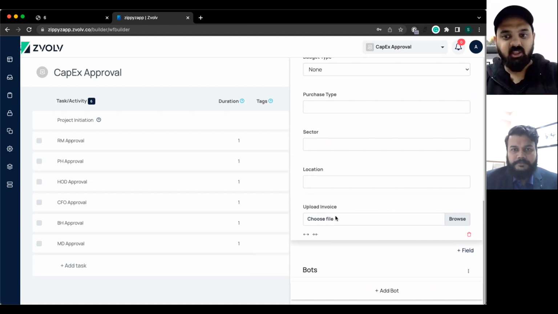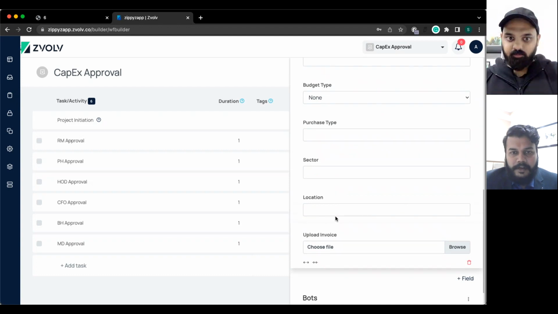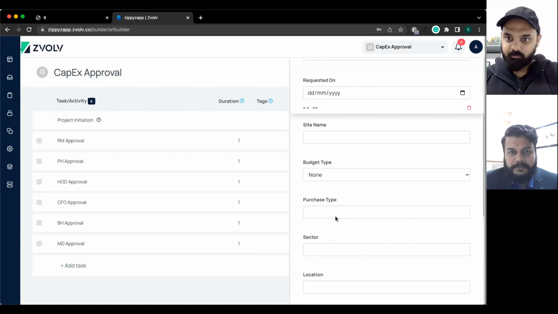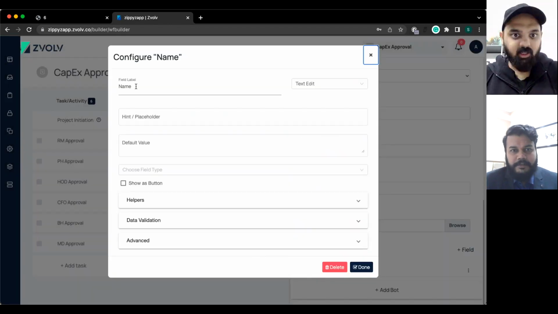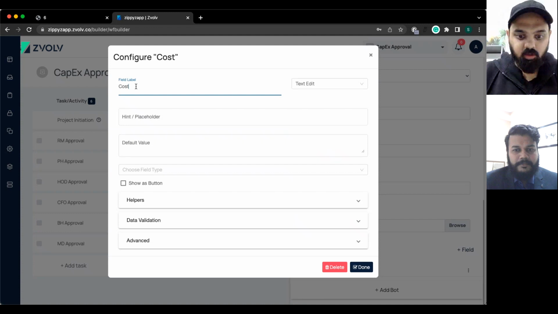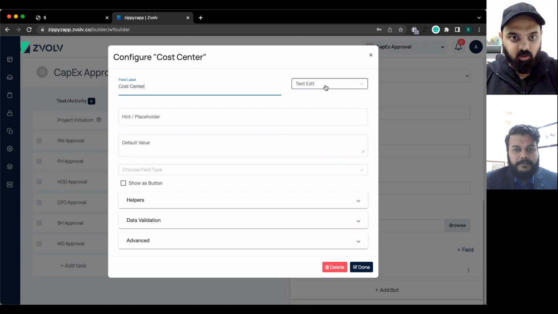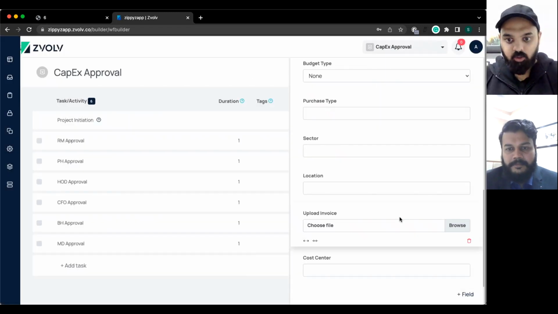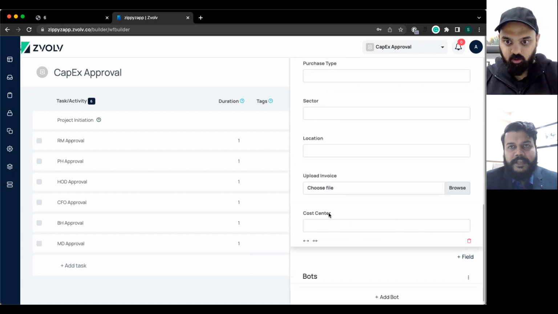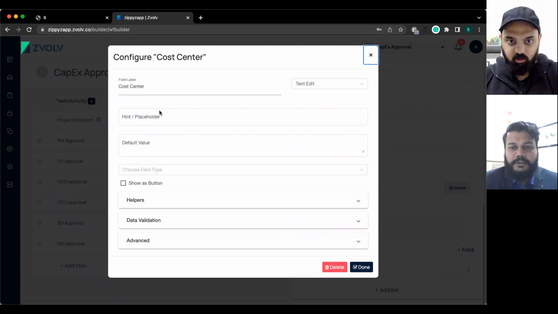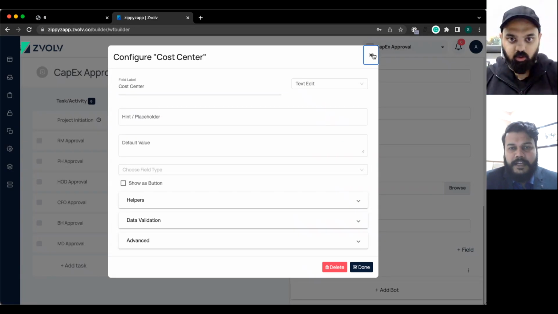Is there anything that I'm missing? Do we have cost center here? Quickly add that. Shivam, is this cost center like a text input, user free text, or do you want it to come from a list? No, it would come from a list. We already have around 15 cost centers throughout the organization. So the user will have to select from one of these. Okay.